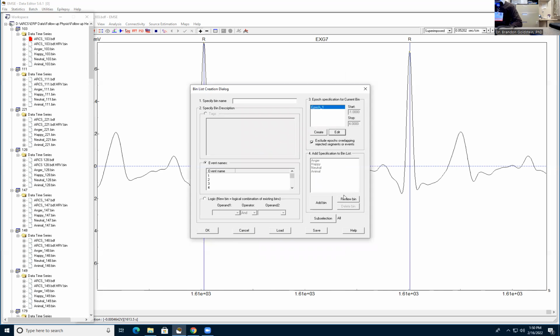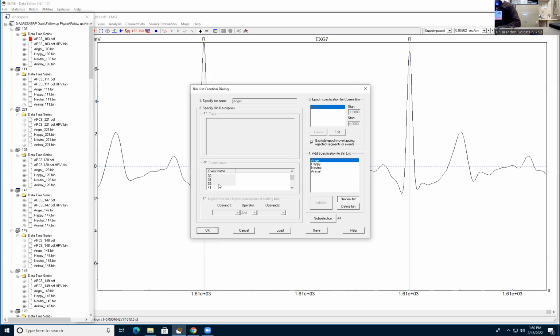And again, you can always check these out if you want. You can review these bins and see what's going on over here. Each one of these numbers is going to be an event. And for us, those are pictures for the most part. So 1, 2, 3, 4, 5, 6, 7, 8, 9. All of these are pictures that are angry faces up until 32, because we have 32